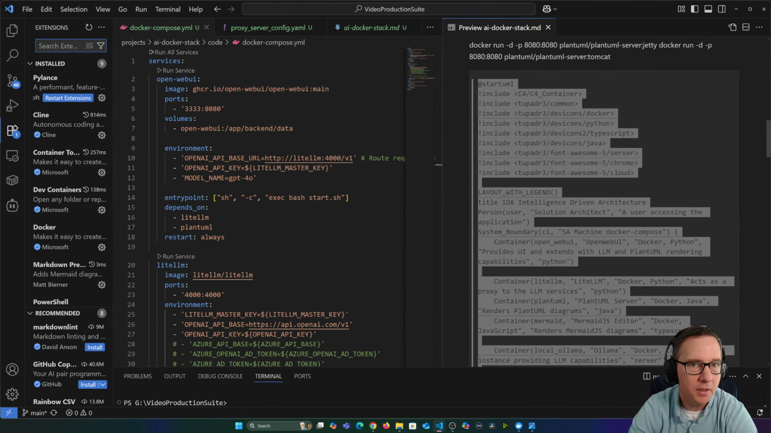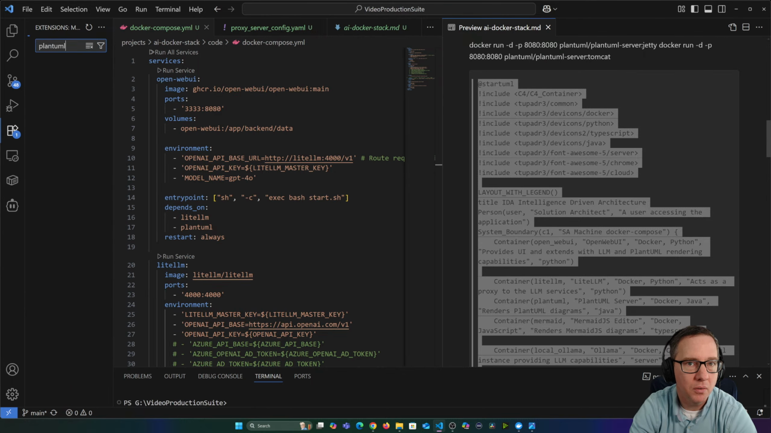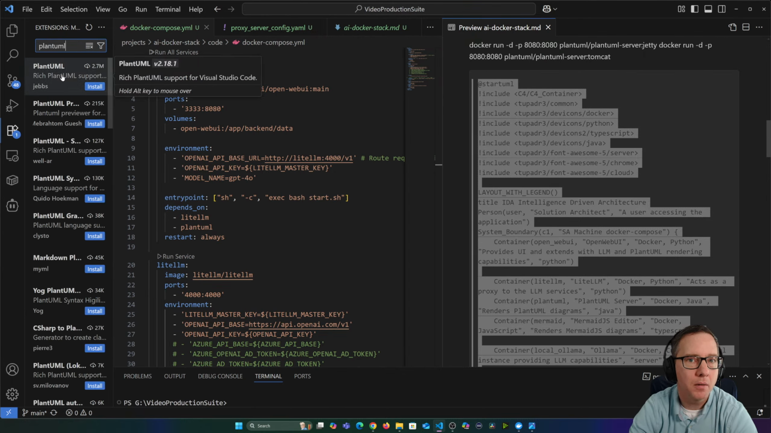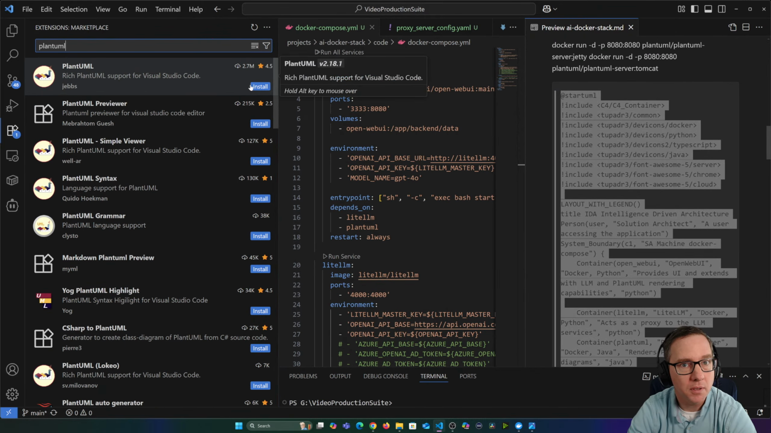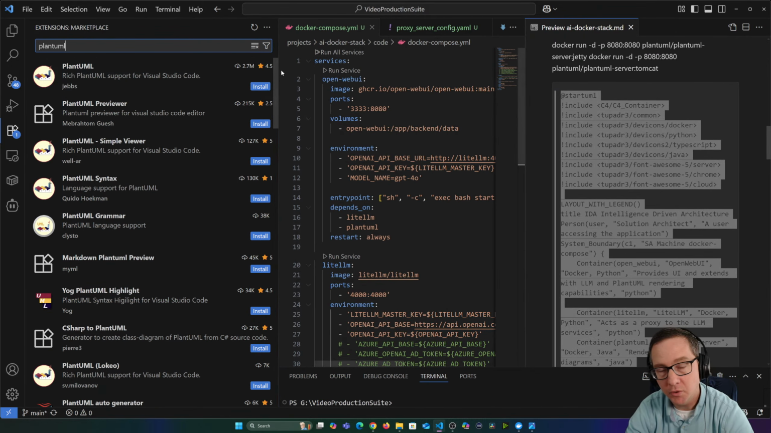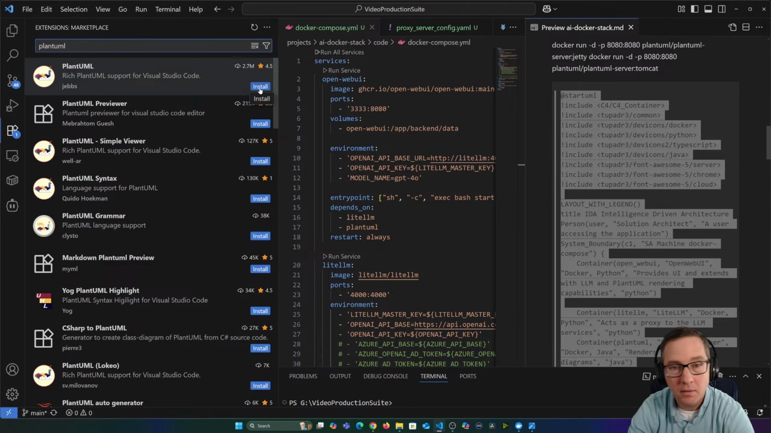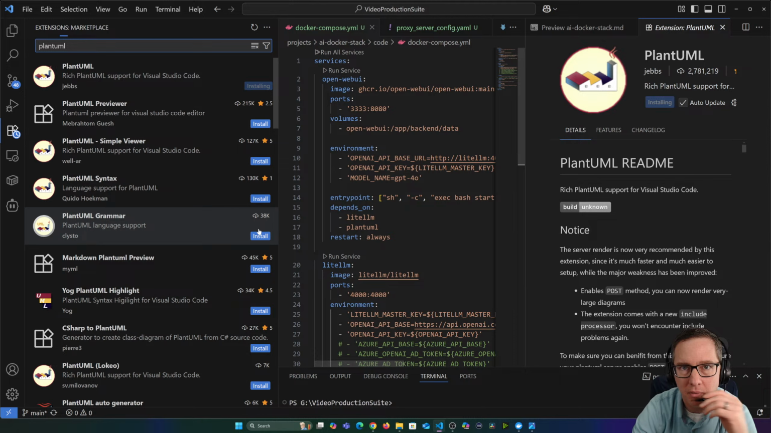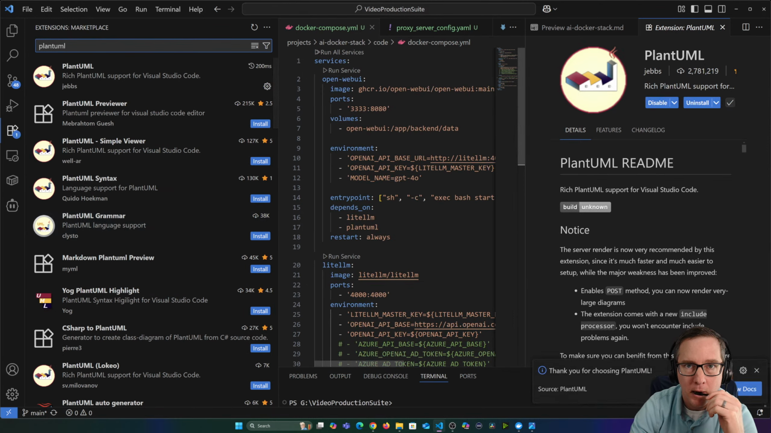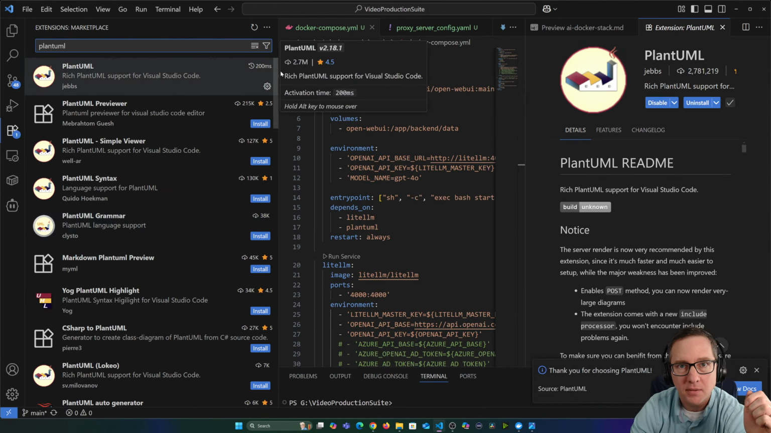So we'll go over here. We'll say PlantUML. Oh, it's not even installed. You can tell I haven't worked on this Windows machine. Truth be told, the majority of my development at home, I use Ubuntu on the other drive on this machine. But Windows machine, trust the publisher. All right, cool. So now that that's going,